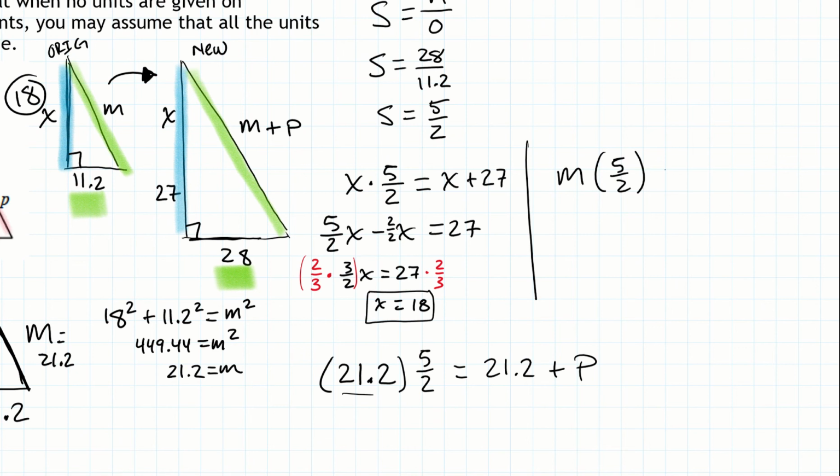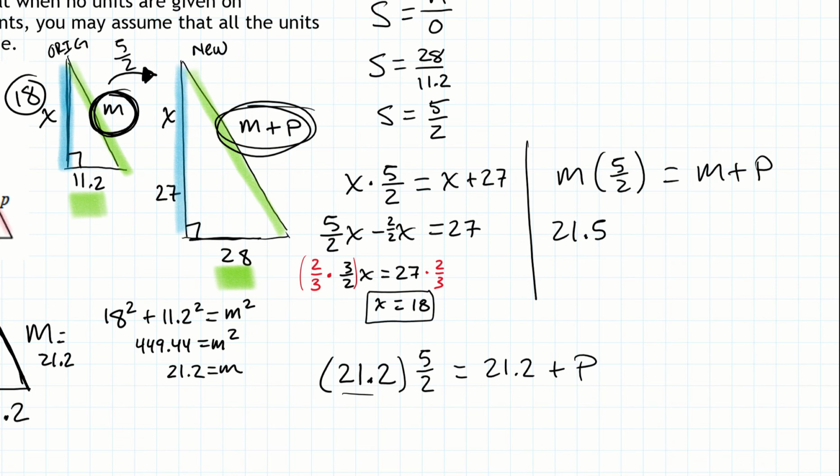And when I do that, I get what m plus p is. So that's it, right? I take a dimension on the smaller triangle, I multiply it by my scale factor, which is 5/2, and I get the new dimension, the m plus p. Well, I know what m is, right? M is 21.5. So I'm taking the m, multiplying it by 5/2, and then over here I'm getting